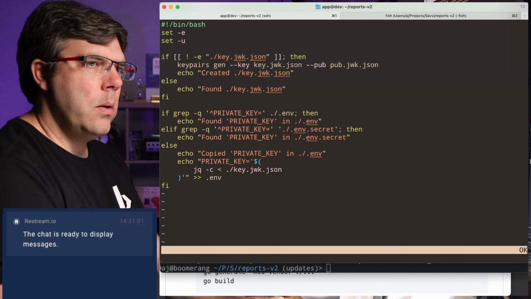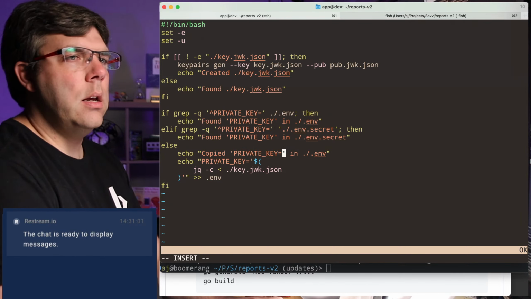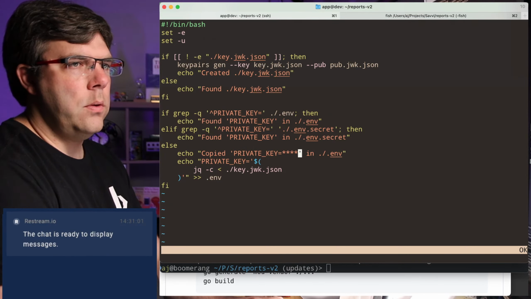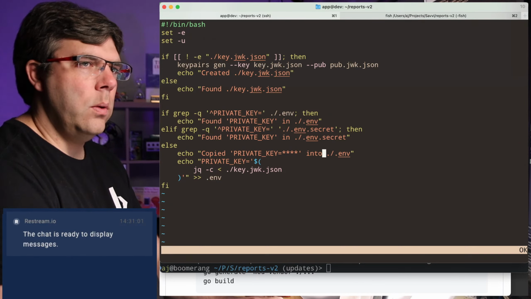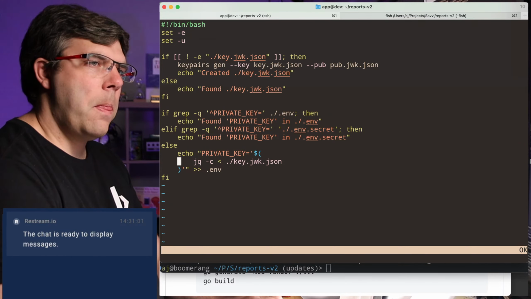Copied. Private key equals into, there we go.